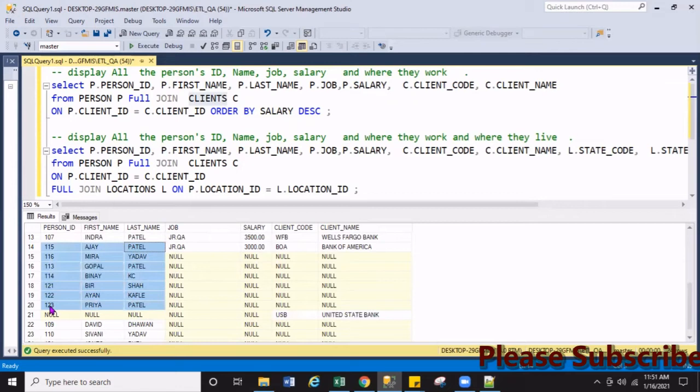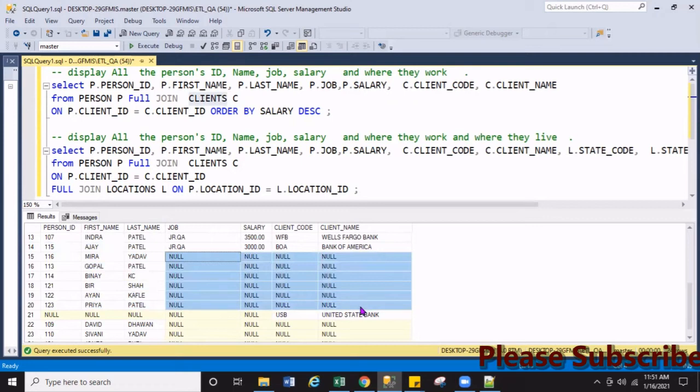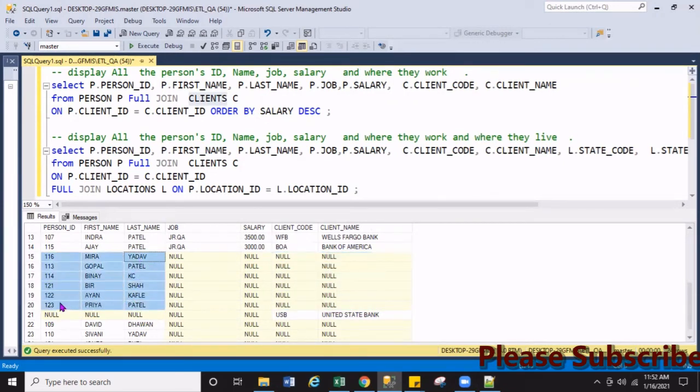If you see here, this information in the person table is not null, but these records are not in the client table. Right? If you see, the client codes are null. That means these persons are not working in any client, these persons don't have any job.